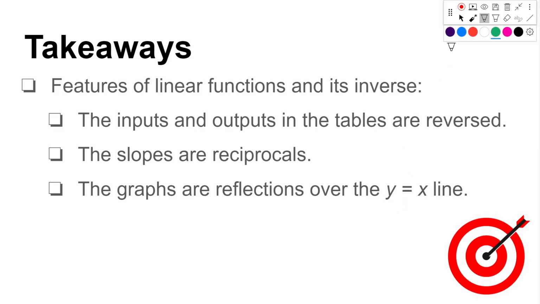Now, that line y equals x, if you have a graph, let me just draw an axis here. If you have your x and y axis, the line y equals x is a diagonal line where your x value is the same as your y value. So that line y equals x looks something like this. Oops, that's a little too slanted. Let's erase that. I want it to be more right in between the center. So more like this